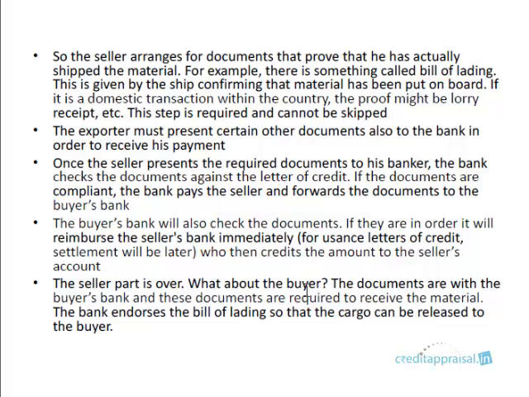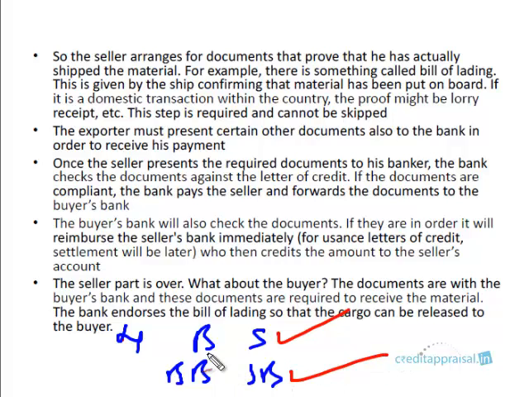So out of the four parties, we spoke there are four parties: there is a buyer, there is a seller, there is a buyer's bank and a seller's bank. So till now we have seen that the seller has already got his money from the seller's bank. Deutsche Bank has already paid the machinery supplier, so his part is over. Now SBI has reimbursed Deutsche Bank, the seller's bank, so his part is also over. Now these two are left.